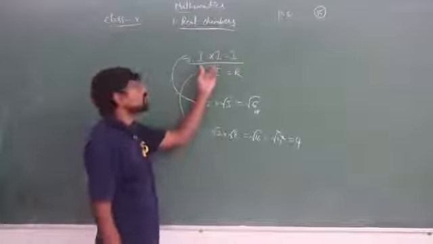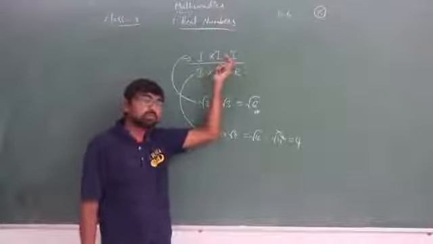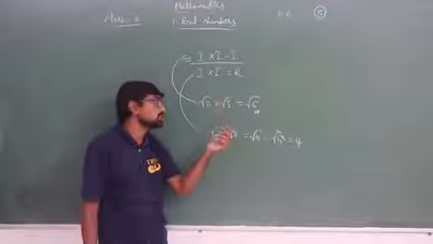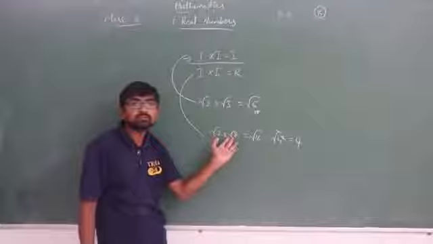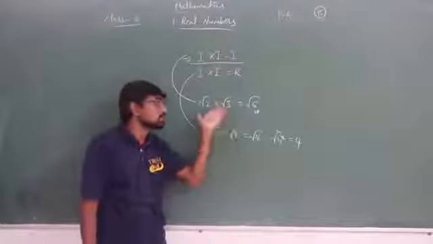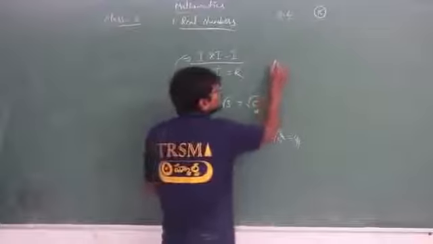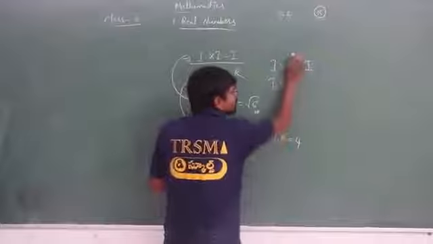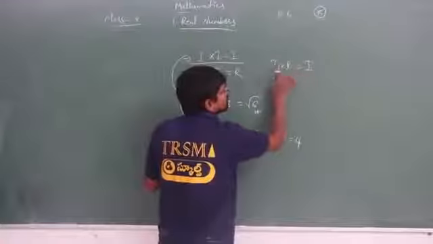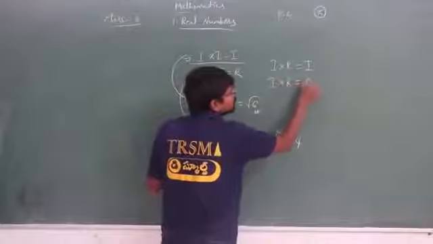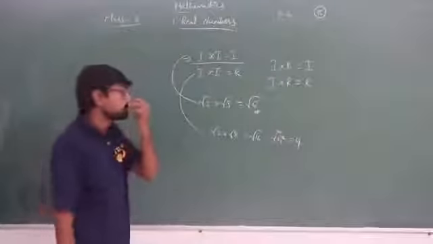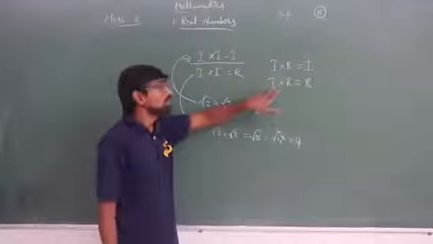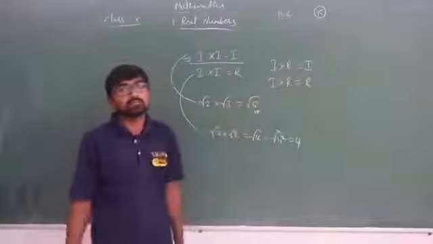Is it possible? Product of two irrationals is irrational. Yes, absolutely. Product of two irrationals is rational. Yes, absolutely. Of course, it is possible. How? These are the examples, isn't it? Now, is it possible that irrational into rational is equal to irrational, and irrational into rational is equal to rational? Irrational number into rational number is equal to irrational number, and irrational number into rational number is equal to rational number. Is it possible?